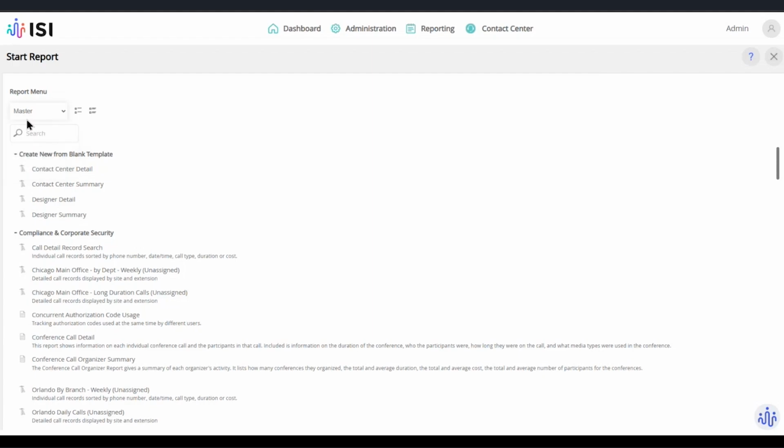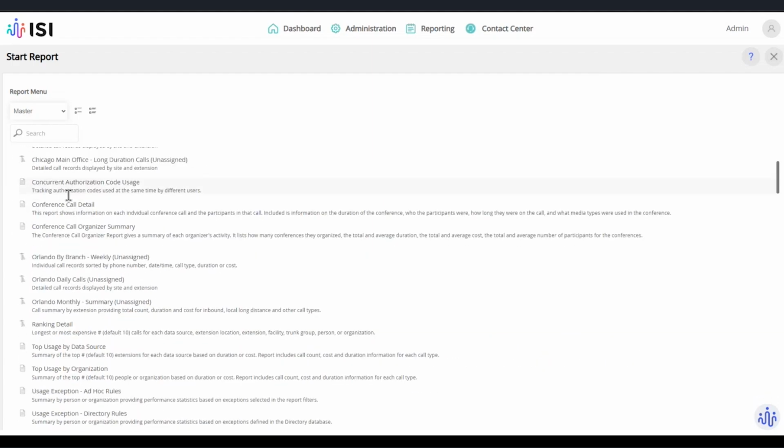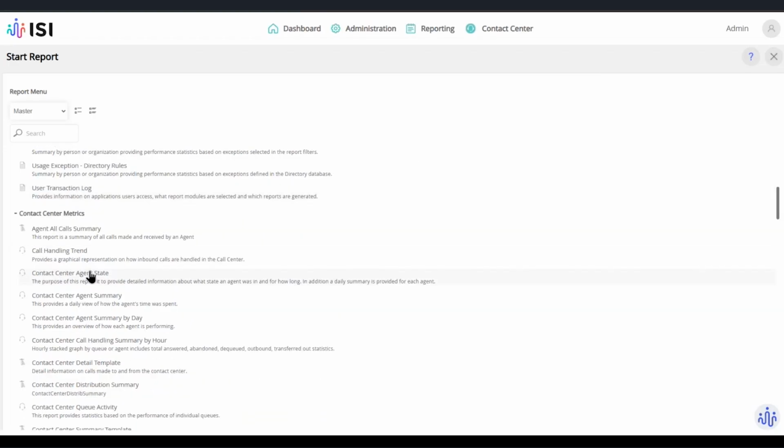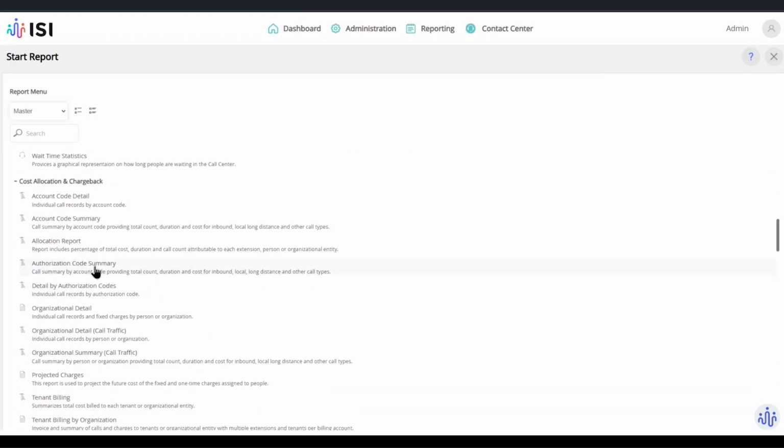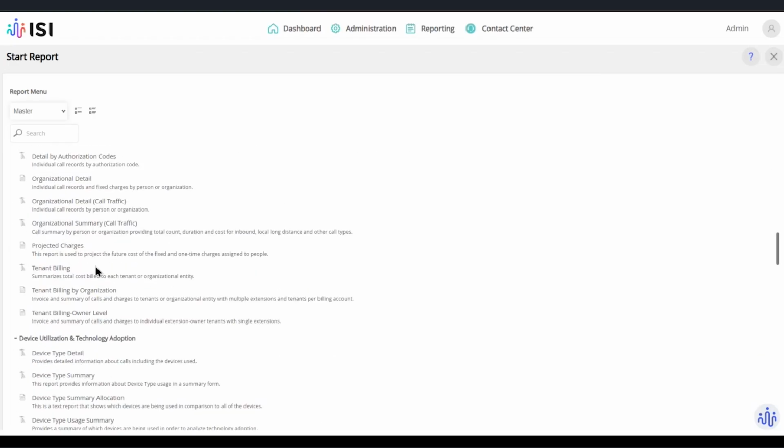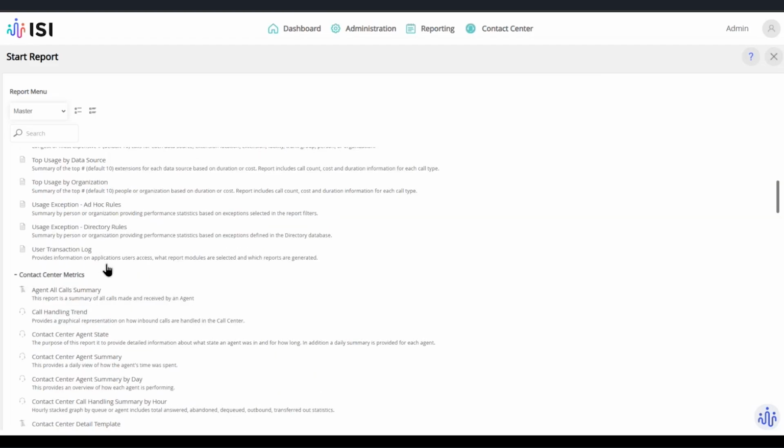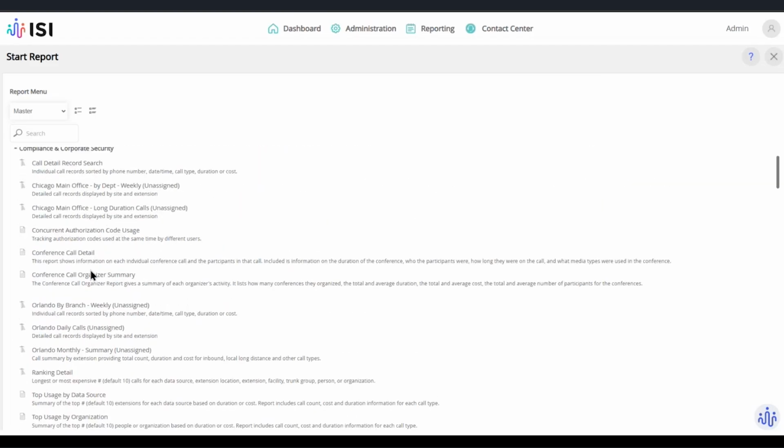The master list is typically every report, whether it's provided by ISI or templates that people within your organization have created to share out to the organization. For example, I have made these 3 Orlando reports. They're weekly, a daily calls, and a summary report that I shared out to the organization as sample reports that people can utilize for themselves.